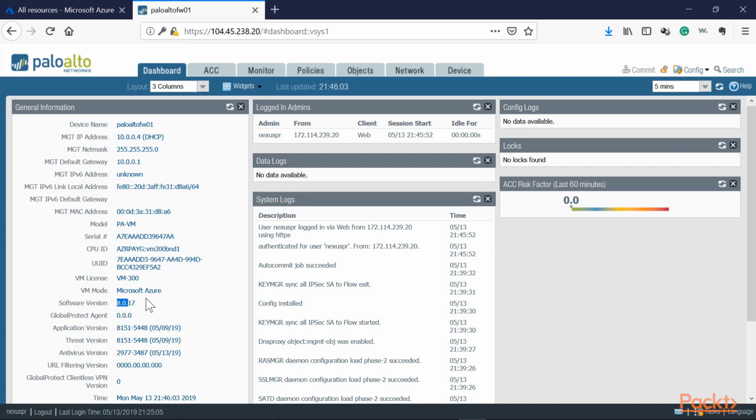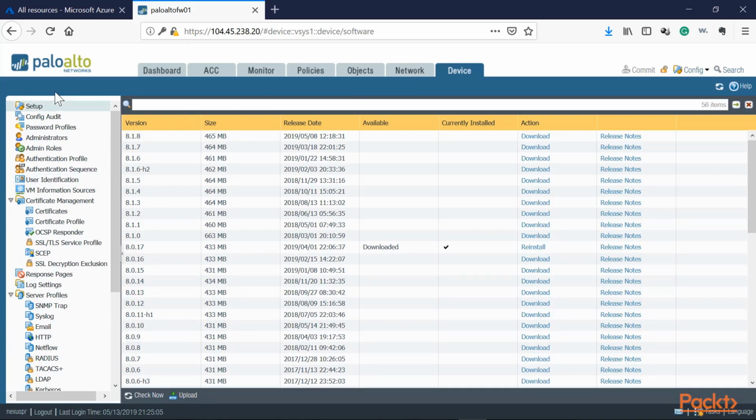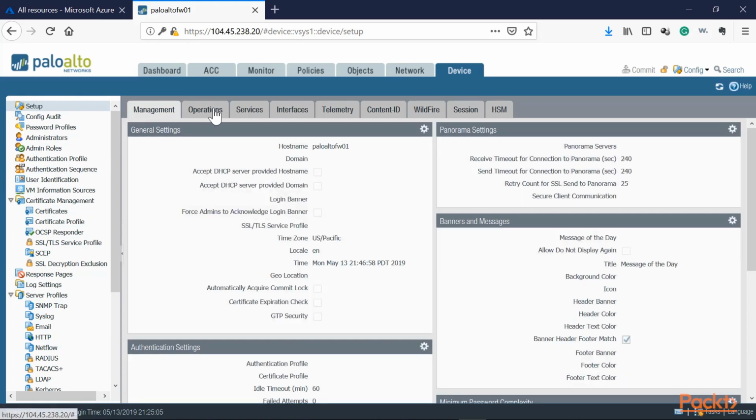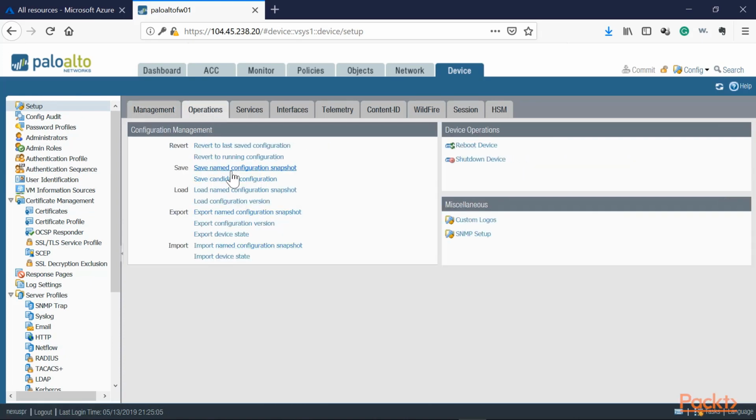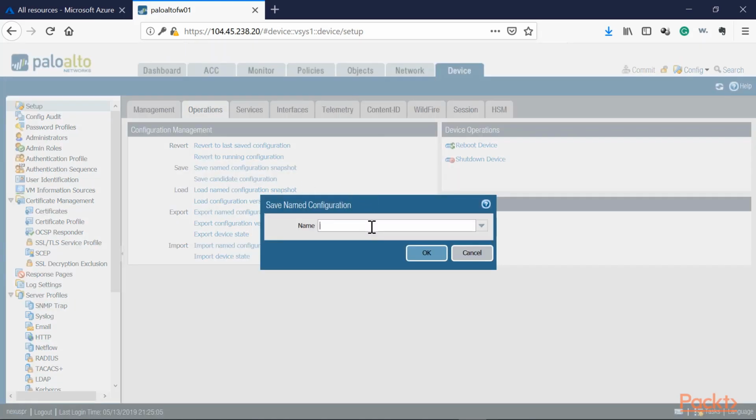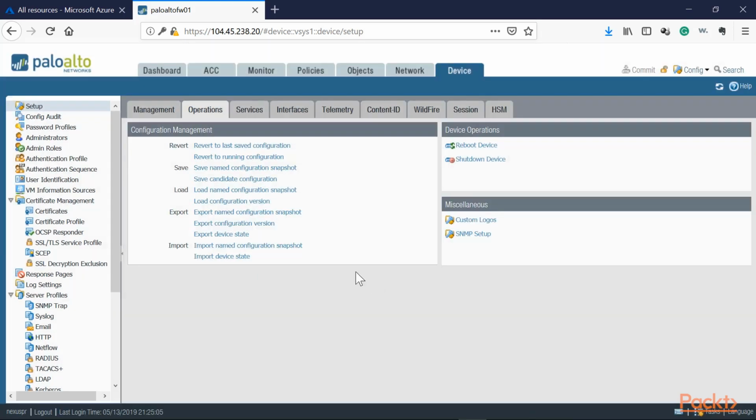So let's go ahead and do that backup real quick. Device, setup, operations, and we're going to save the config. Label it the same way, PA01, and in this case 8.0, and we're gonna put the date backed up,